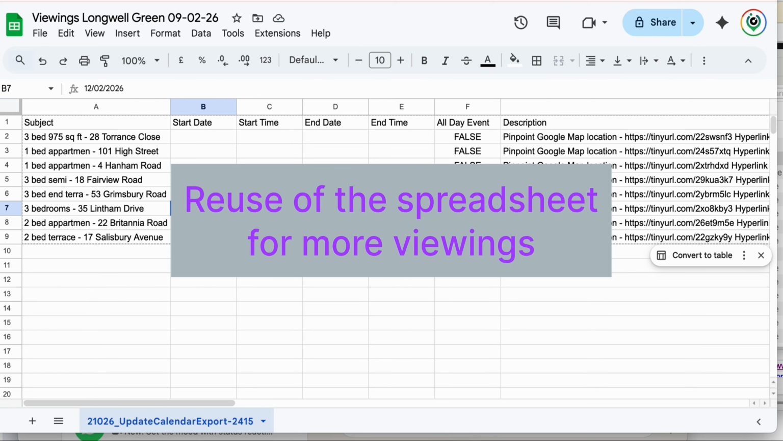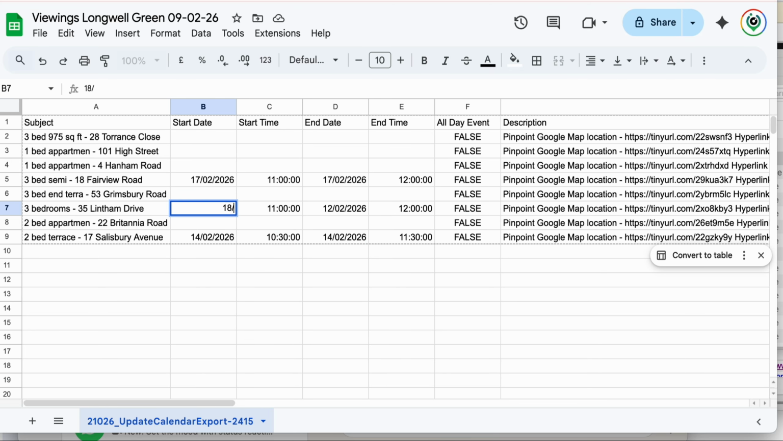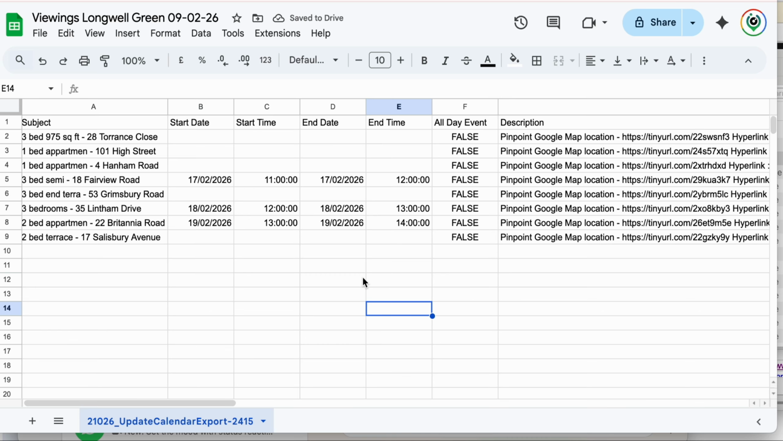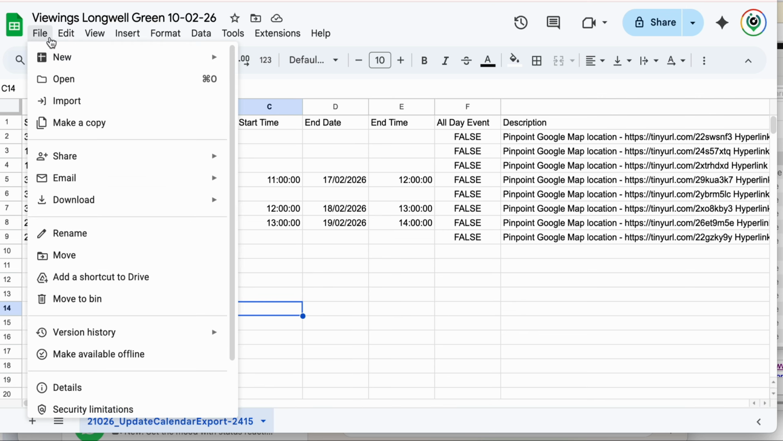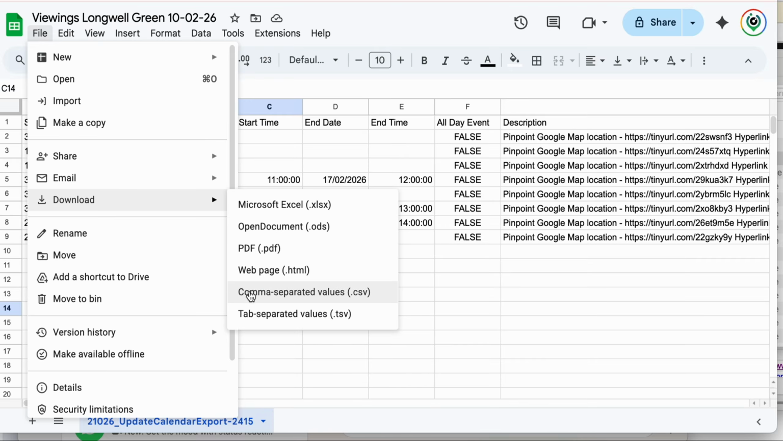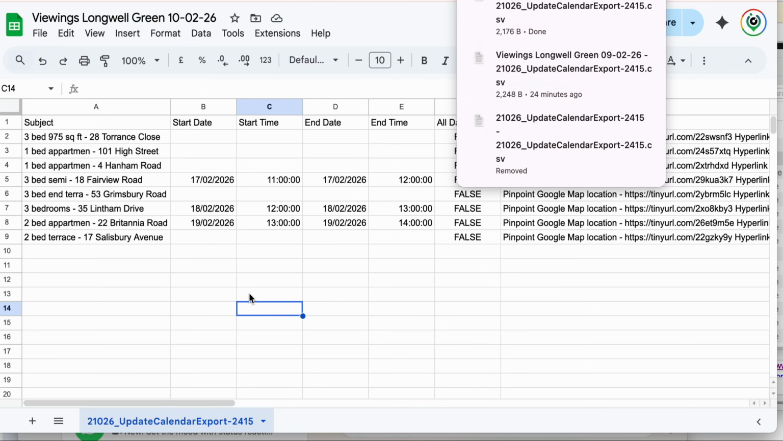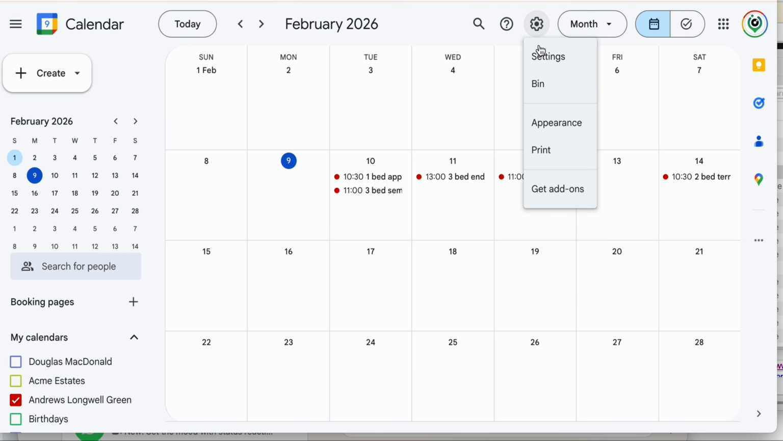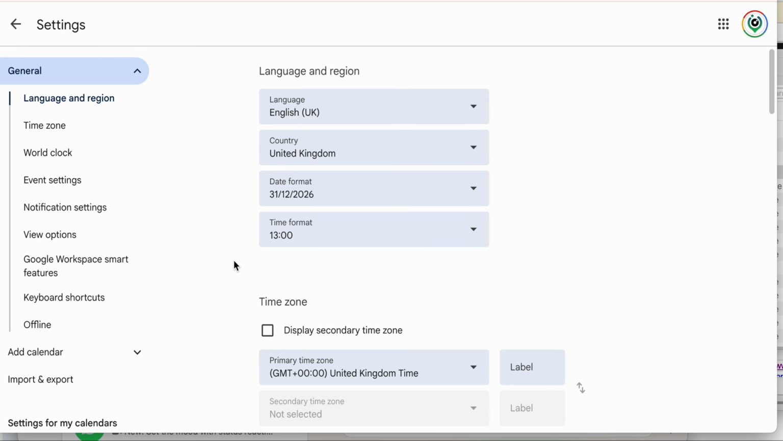Here we're reusing the spreadsheet, so it can be used multiple times. We've entered 3 new appointment dates, and we're just downloading that again as another CSV file. And then it's just a case of going back into our Google Calendar, back into the settings menu, where we